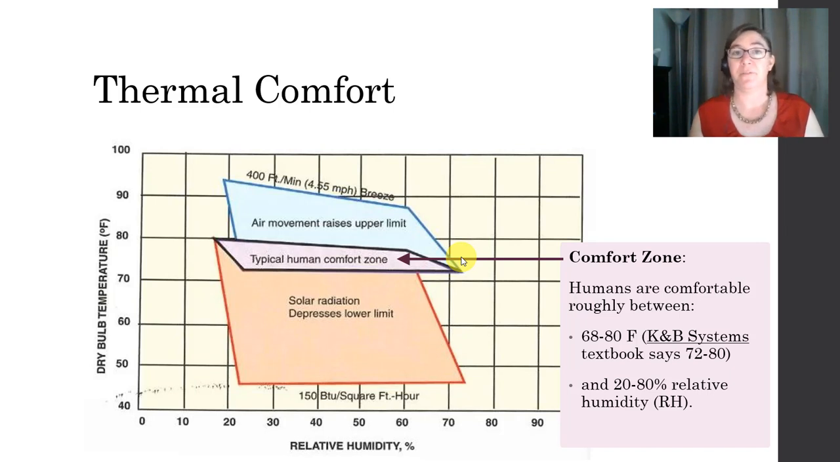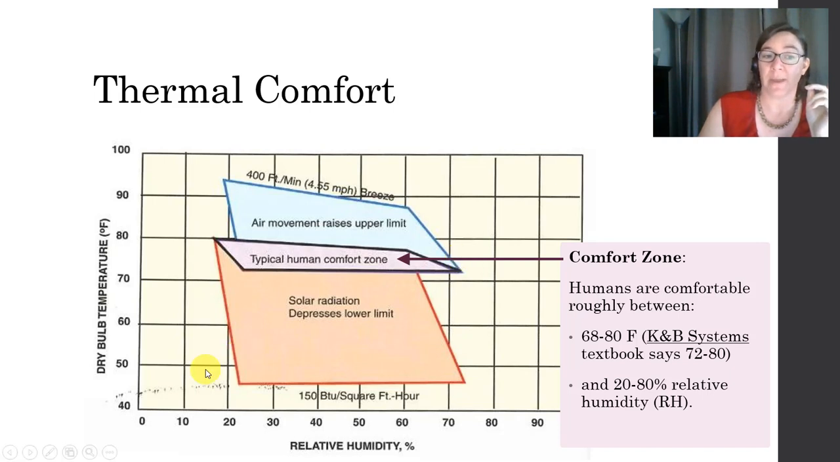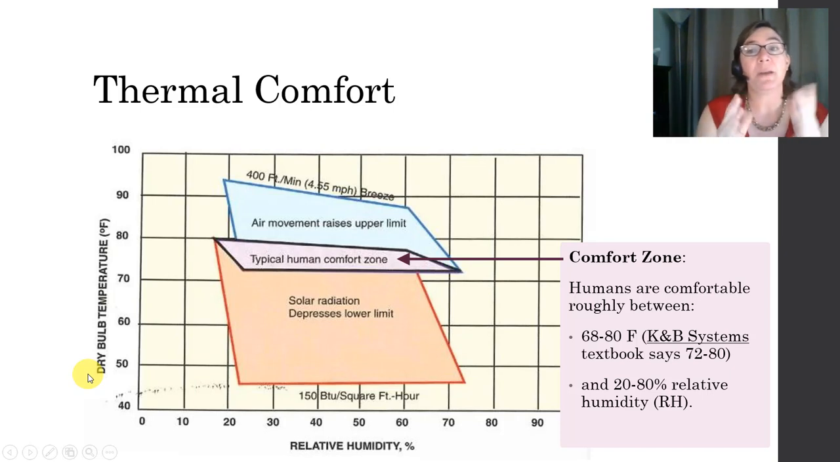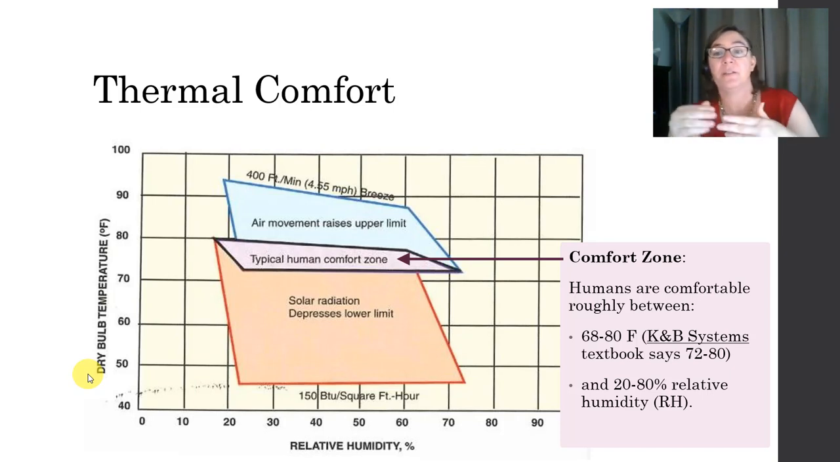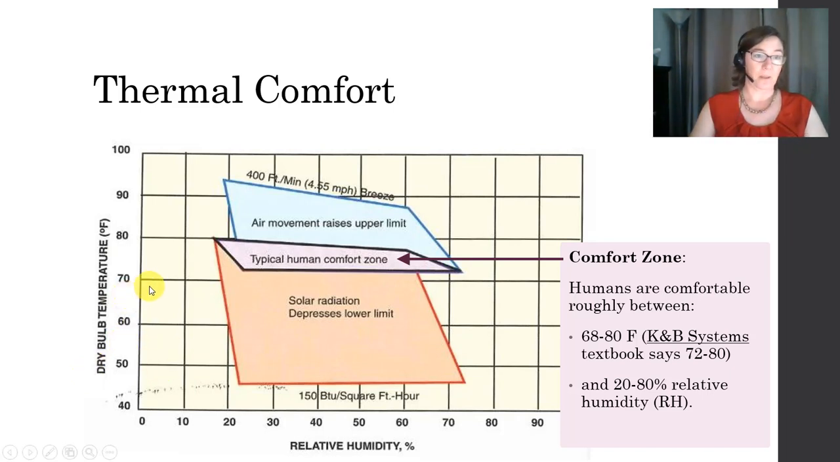And there's a couple of different variations on it, one of which is in your textbook. It is graphing relative humidity along the bottom axis versus the dry bulb, remember that's the air temperature, on the y-axis here. And so by graphing the human comfort zone of 68 to 80, or 72 to 80 according to this particular textbook, on the temperature range right here,